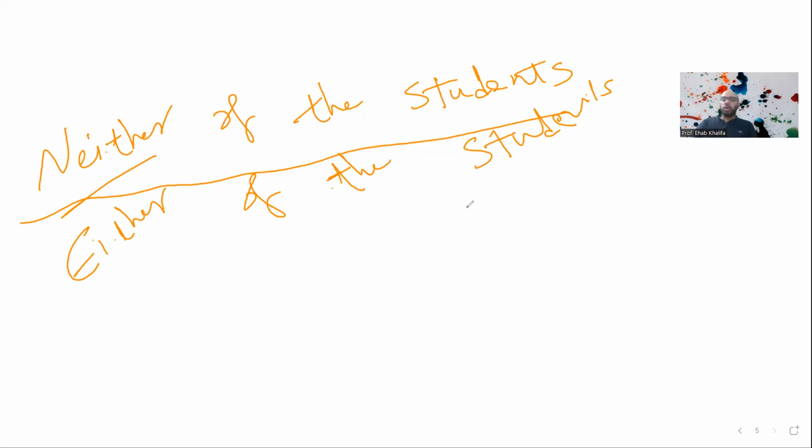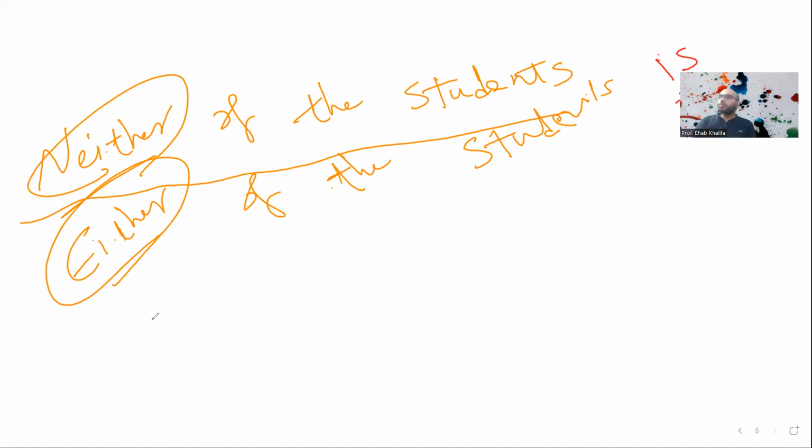The answer is no, I do not see them. Then neither and either are always singular. So the answer is singular. But if you see or, nor,